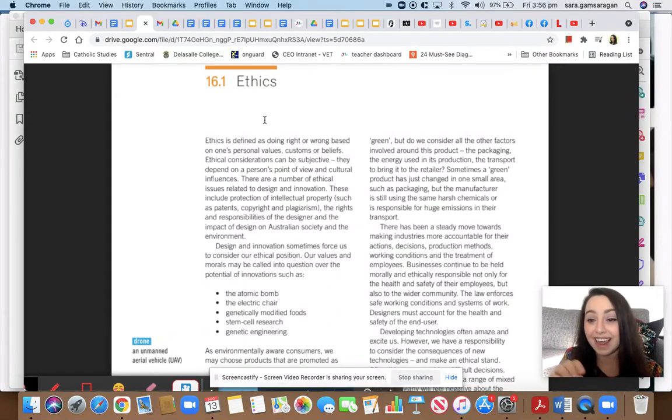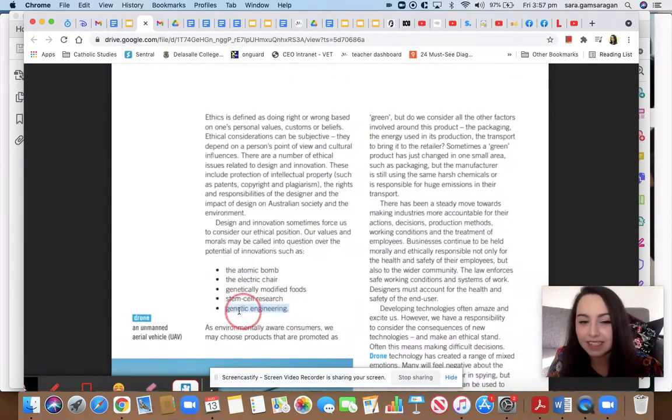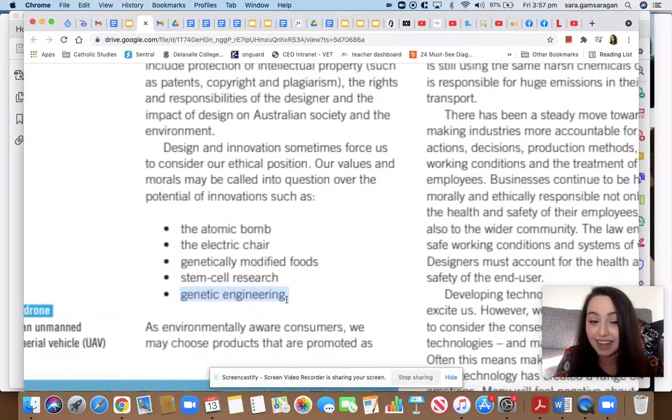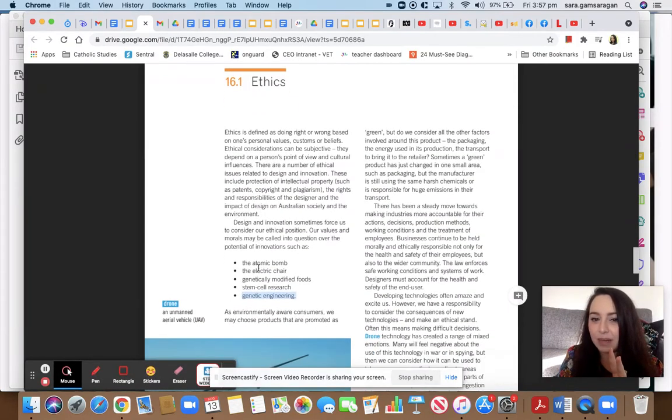So it talks about ethics, and you might think, why? Well, ethical issues are about impacts on society, and that's why I got you to watch that thing on Netflix, slash that YouTube video on designer babies and genetic engineering. That is one of the examples here. You don't need to know what all of these are, but one or two is a great idea, because they are specific technologies that definitely fall under the ethical category of where do we sit, where's the line,